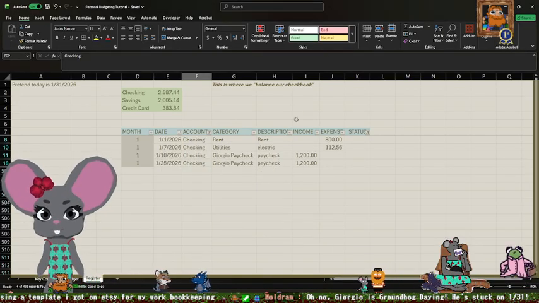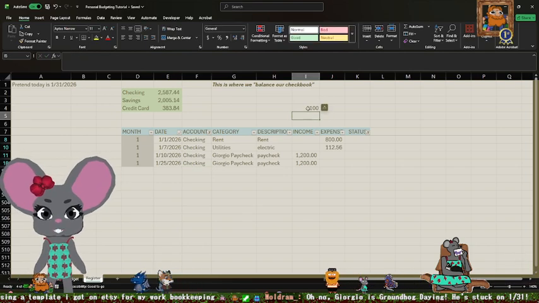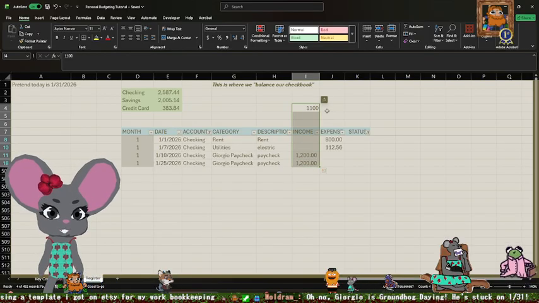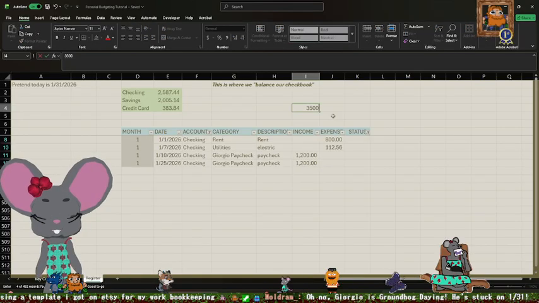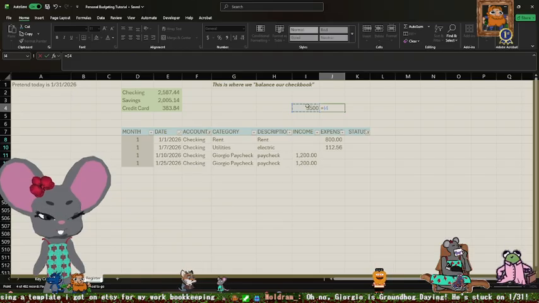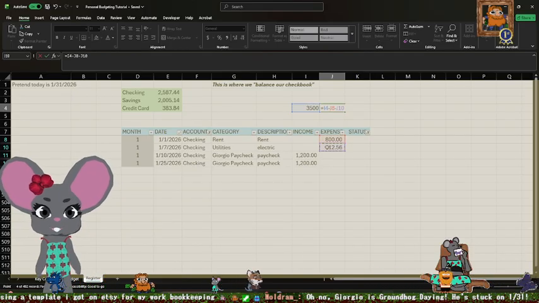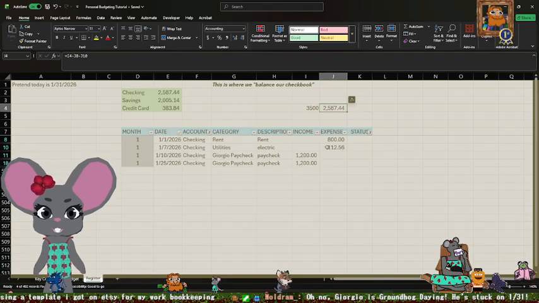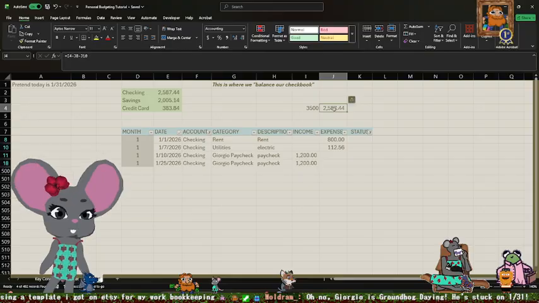So if we take 1,100 and add that together, that's 3,500. 3,500 minus the two transactions that already came out of our checking equals what our formula did. So that means our formula is working correctly.